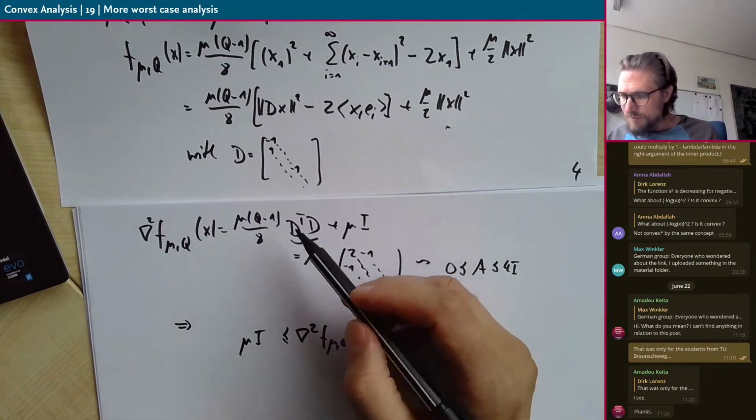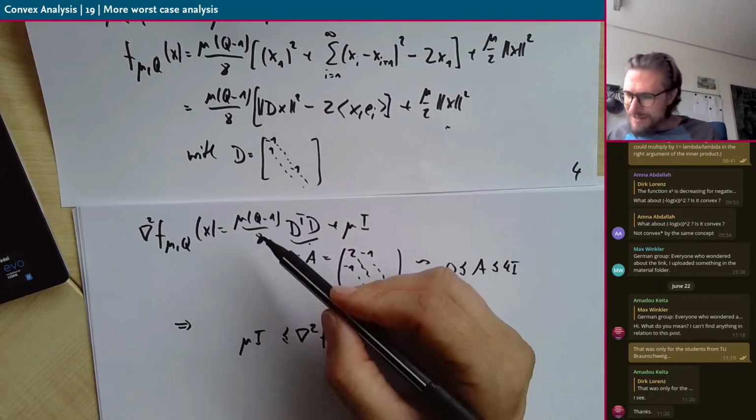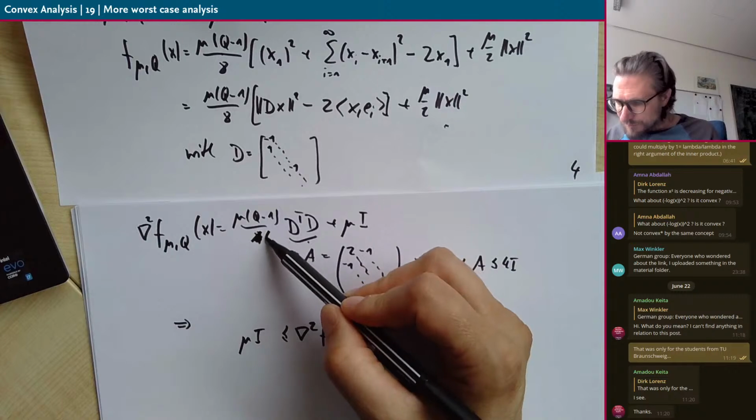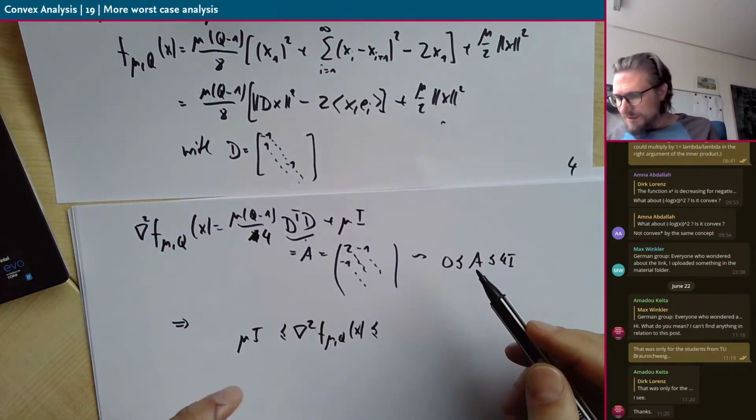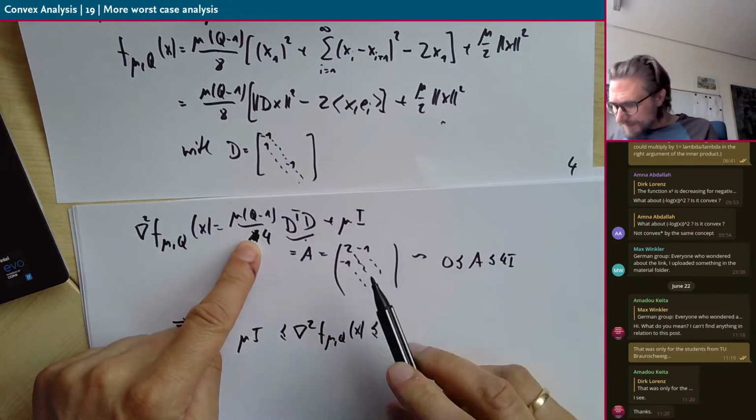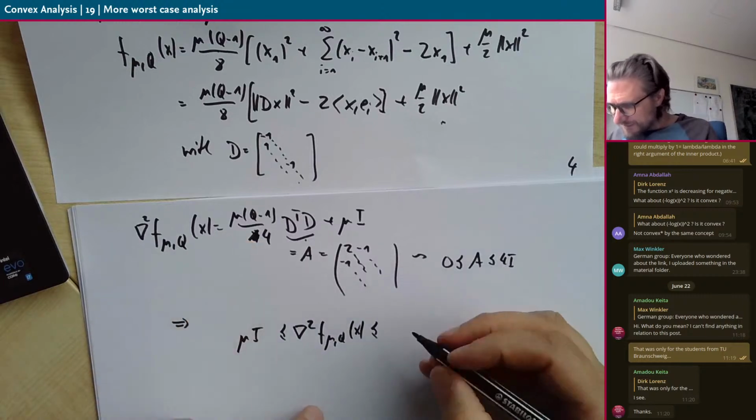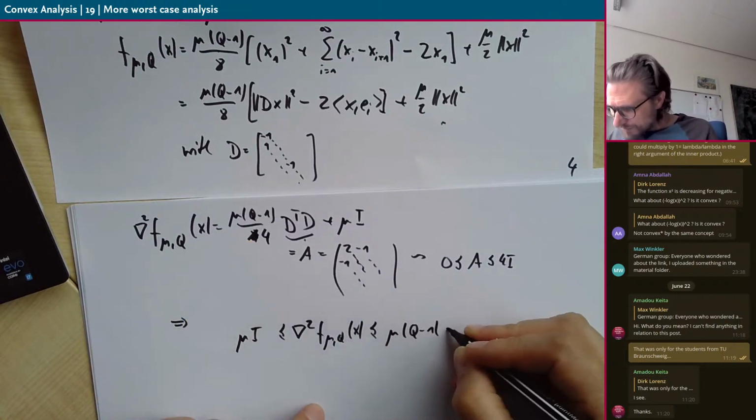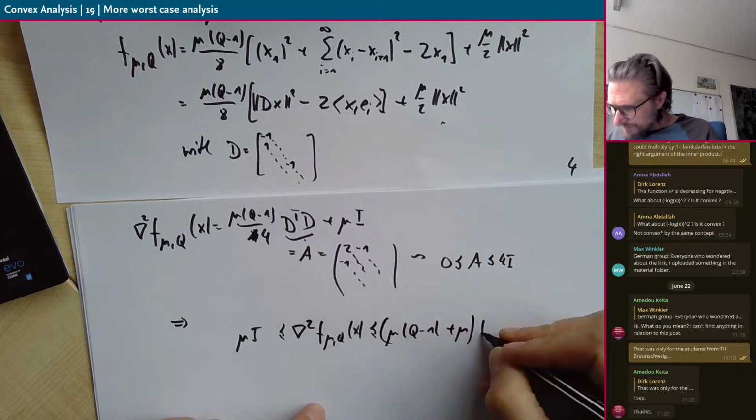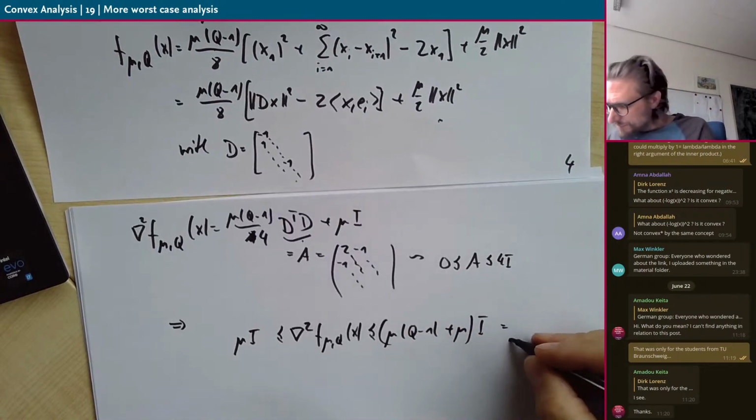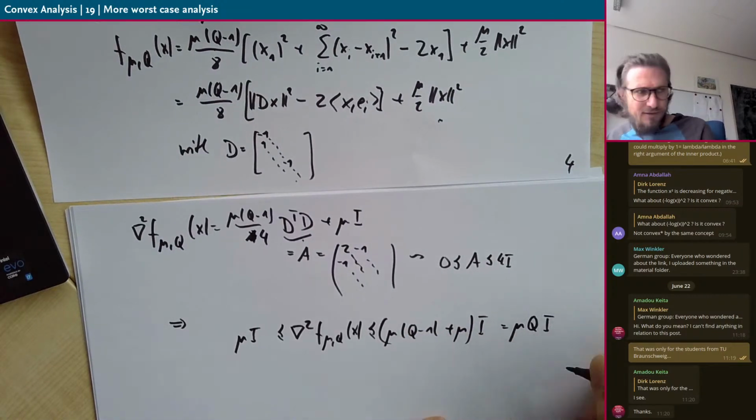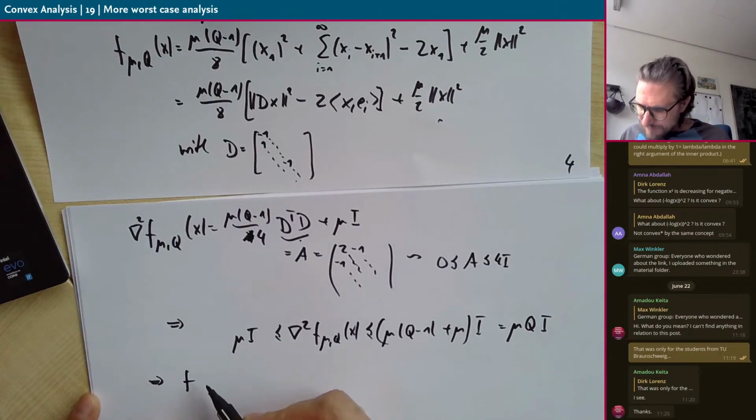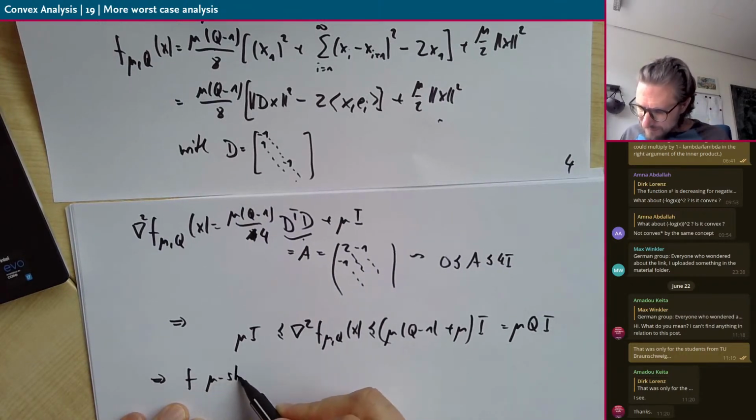Oh, actually I was wrong. The 8 here is wrong. By taking the derivative, I get a factor of 2, and so we're only left with 4 over here. In this 4, we replace this by 4 times identity, and you end up with mu times q minus 1 plus mu times identity, which is exactly mu times q identity. So this shows f is mu strongly convex